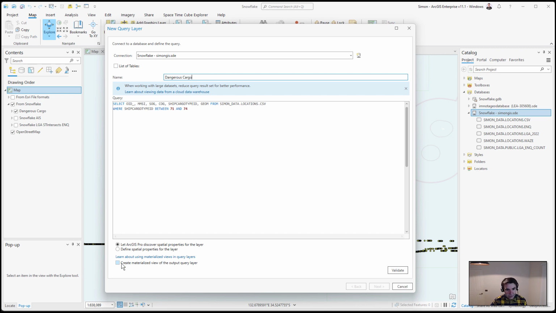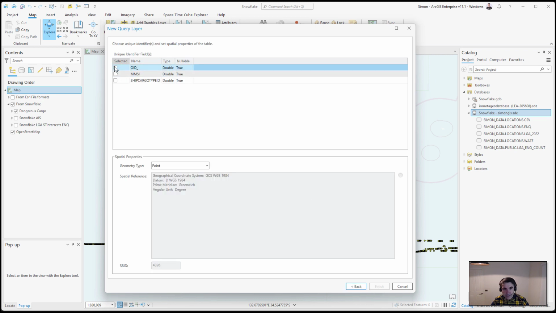But it's worth pointing out that we can support actually creating a materialized view within Snowflake from the ArcGIS Pro interface. There's a third option as well, which is being able to create snapshots. So these are approaches where you can actually grab the data from the cloud data warehouse and have it synchronize into the ArcGIS data store, just to even further minimize that latency. And that can be useful if you've got very hungry downstream users that are doing quite a lot of work with those feature services. In this instance, we're just doing a direct connect,